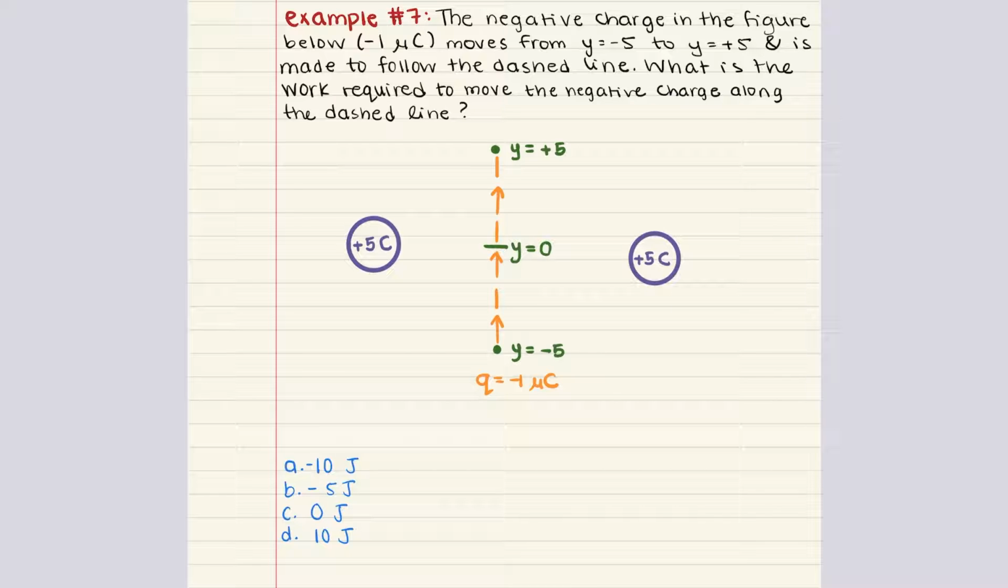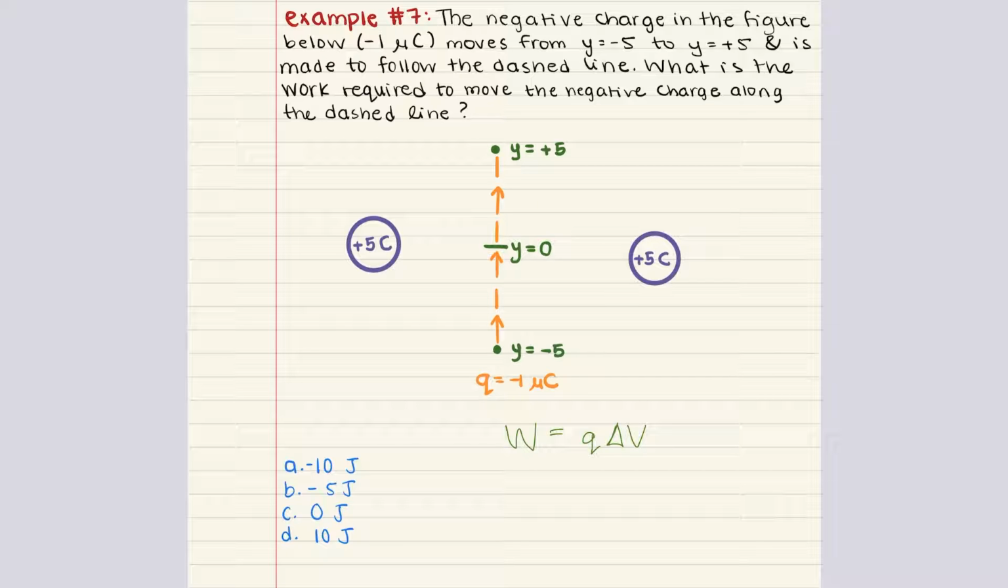Now, work is done on a charge when it moves in an electric field. The work done in moving a charge Q through a potential difference is given by this equation. Work is equal to Q multiplied by delta V. Now, in this case, we need to evaluate whether there is any change in electric potential as the charge moves